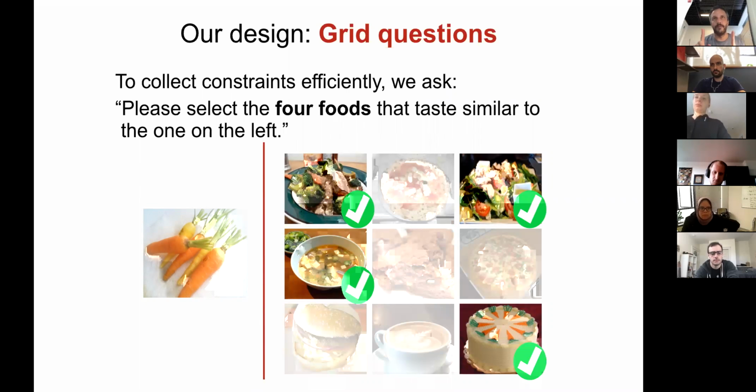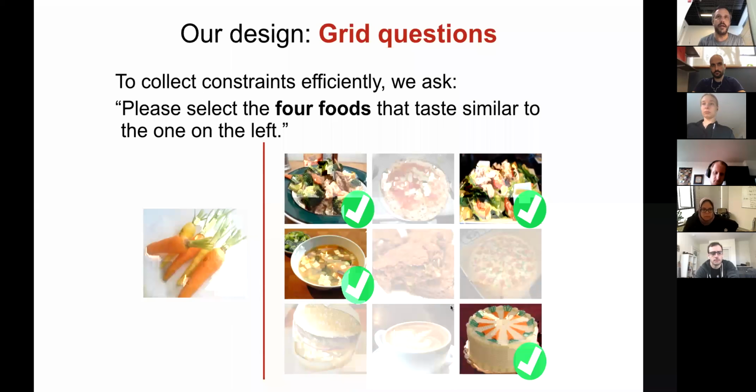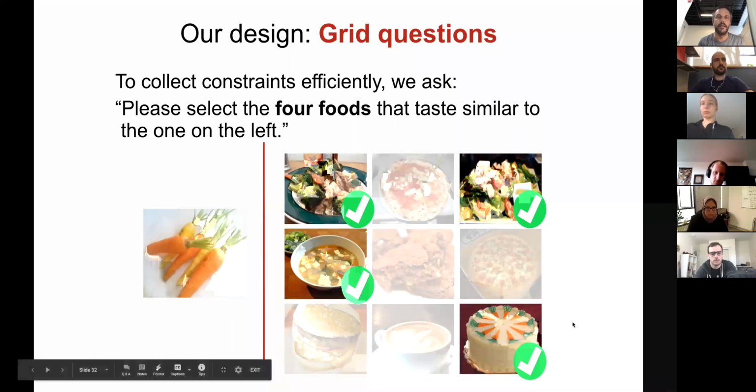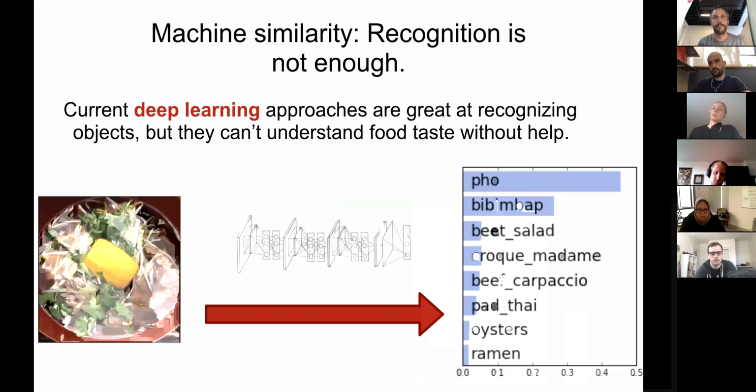Now, there is some noise introduced because this is a forced choice. Here we had a forced choice of 4 images they had to click on out of 9. Well, it's certainly possible that there weren't 4 images in there that had sufficient similarity to these carrots, but that's okay. It actually makes it simpler, and any algorithm that's going to do something like metric learning from this type of data is going to have to handle a certain amount of noise in any case.